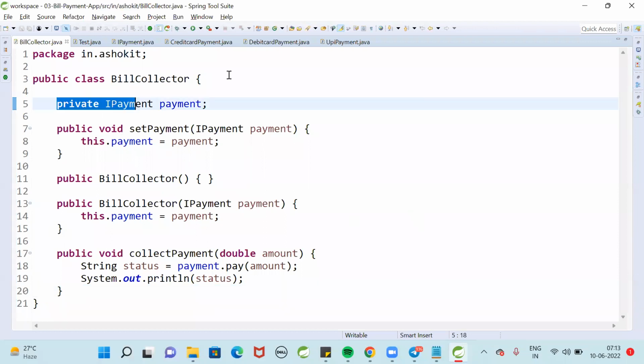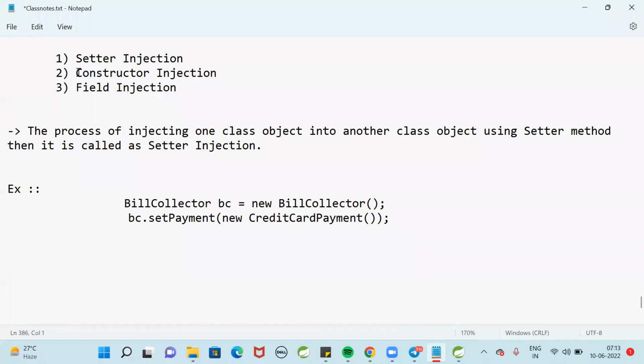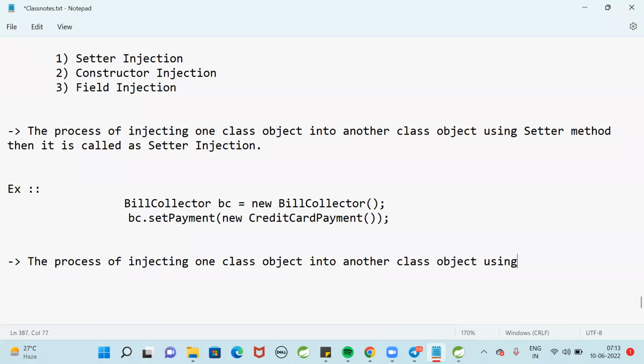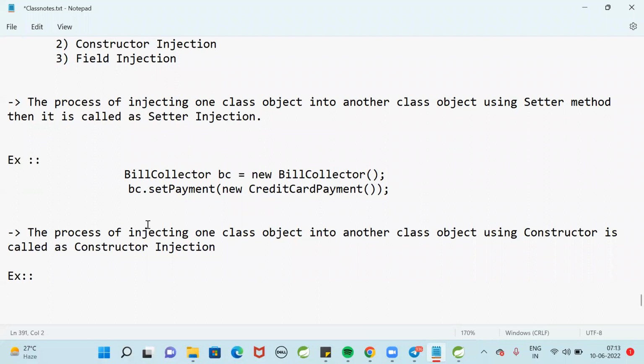What is constructor injection now? Can you guys tell me what is constructor injection? The process of injecting one class object into another class object using constructor is called constructor injection. So what is the example for the constructor injection? Directly